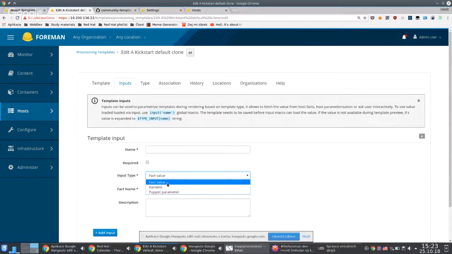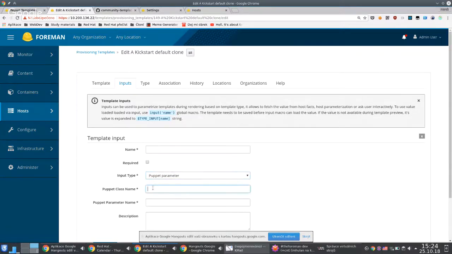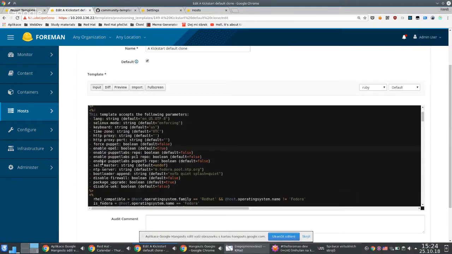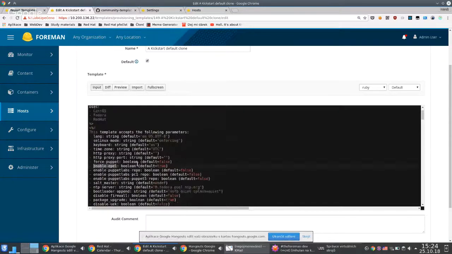So the value source can be either a fact or a variable or a Puppet parameter. In case of Puppet parameter, you would specify the Puppet class name and the name of the parameter. For variable, it is just the name of the parameter. And if we update our templates to use these inputs, then when you have the host form, we could display a nicer UI and let the user know what exactly can be configured, because right now people just have to know that if they set a host parameter enable EPEL,